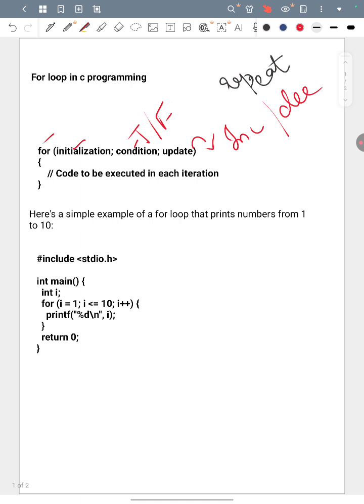We use the for loop to print numbers from 1 to 10. This will be the program for that. First, we have to include the header file. Next, declare int i. Here the condition we are giving is: for loop, first condition is i equals 1, and second condition is